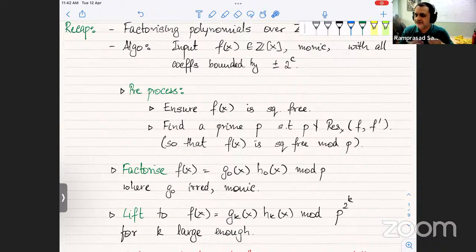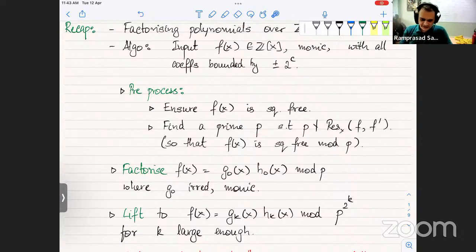So all you're saying is find a prime p that does not divide this number. So we'll do something stupid. We'll just try the first few primes, and find the first prime that does not divide this result. So that is the prime p that we are going to now stick with, because now